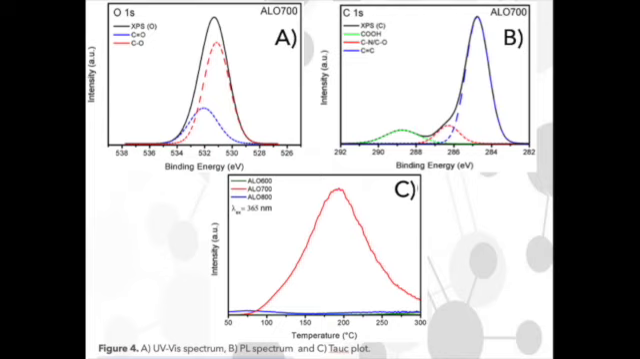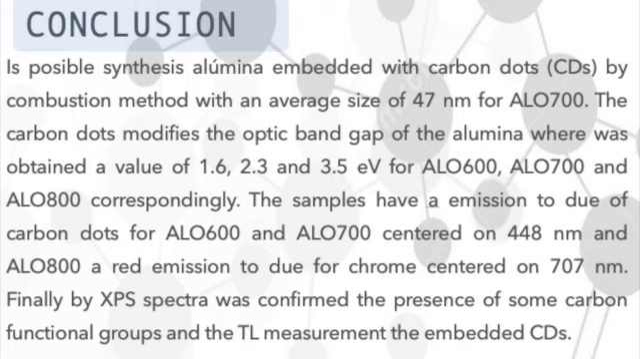Finally, the TL measurement shows a curve from 50 to 300 degrees centigrade, centered at 200 degrees centigrade for ALO 700, caused by deeper traps in comparison to ALO 600 and ALO 800, which could be caused by the embedded carbon dots. As a conclusion, it's possible to synthesize aluminum oxide embedded with carbon dots by combustion method